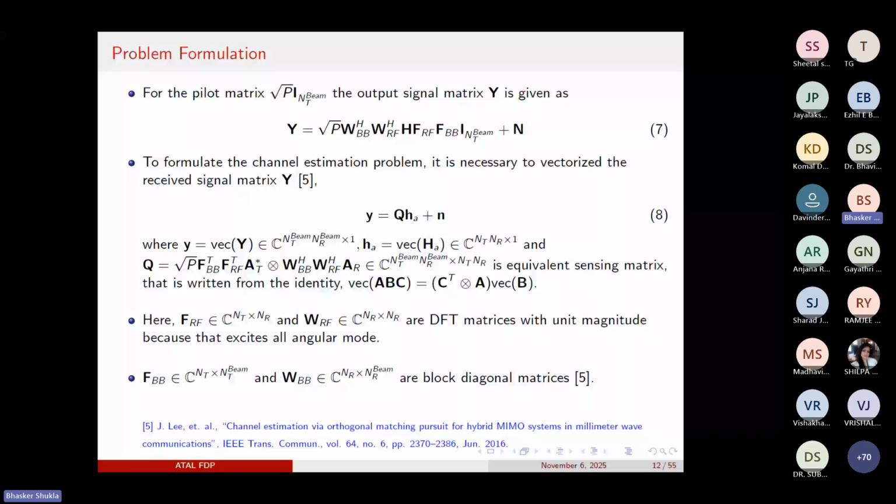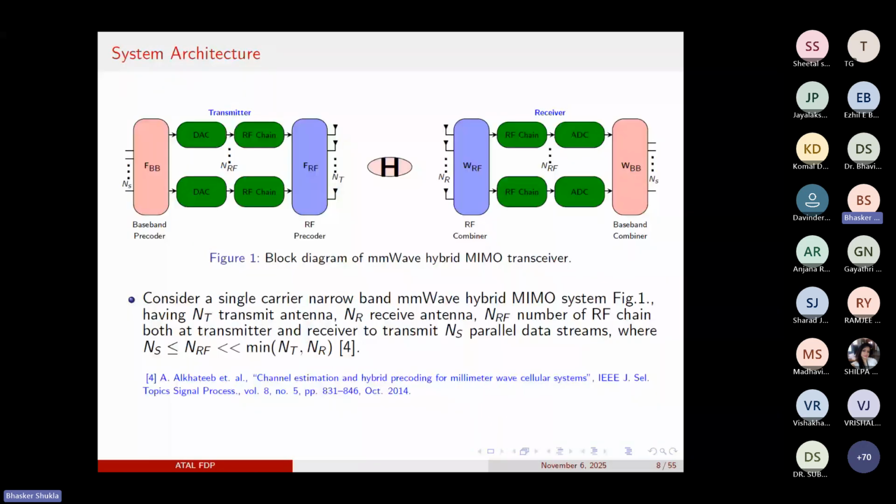Here you can see that the channel between a transmitter and receiver is H, capital H, and Y is the received signal at the output of the baseband combiner. Then Y will be the combination of these matrices into H into these matrices, and then the input signal,